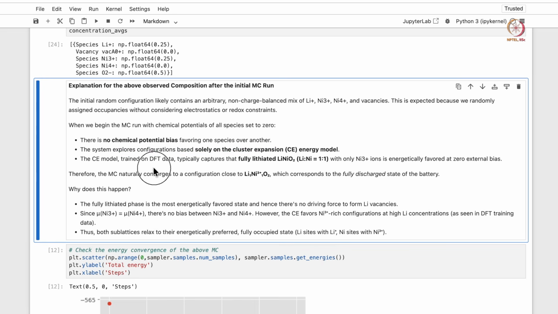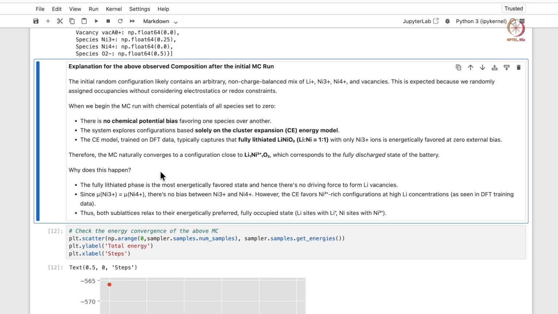The CE model trained on DFT data typically captures the fully lithiated structure, that is LiNiO2, with only Ni3+ ions energetically favored at 0 external bias. That is why the Monte Carlo naturally converges the configuration close to the fully lithiated, discharged state of the battery.